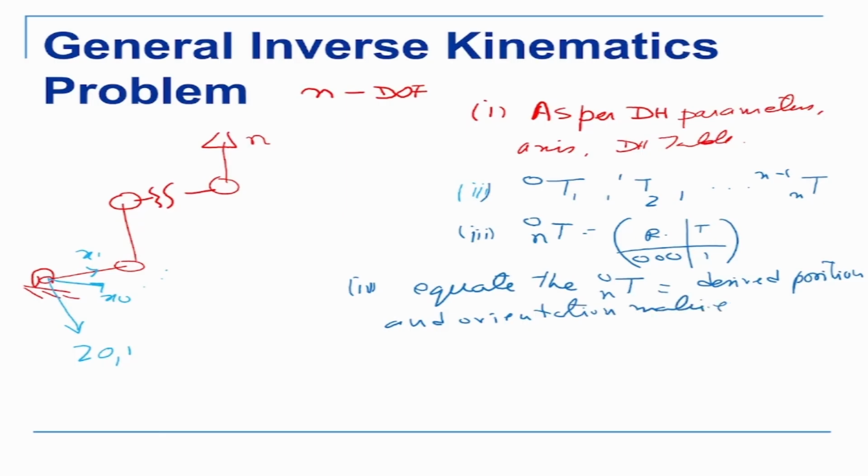Okay, so my desired orientation position will be numerical values, so this will be numbers. Then we try and solve term to term. On the left hand side you'll get this matrix T0 to n, and on the right hand side you'll get the desired position and orientation matrix. This is the rotation matrix, and this is the translation matrix. This is 4x4, this is also 4x4.